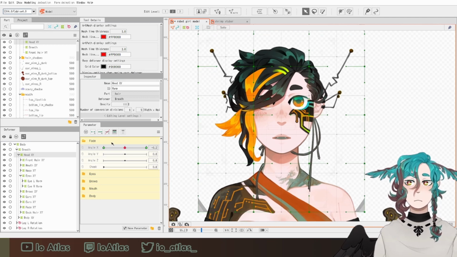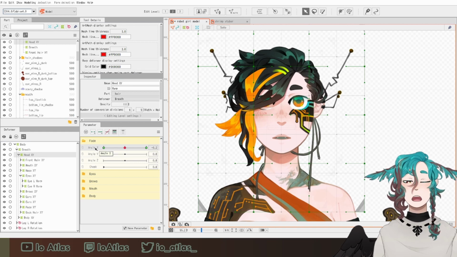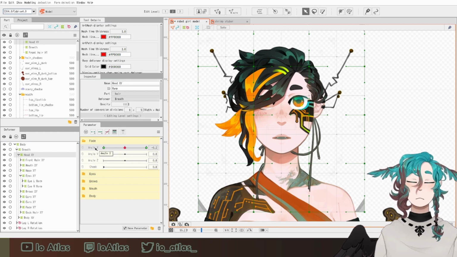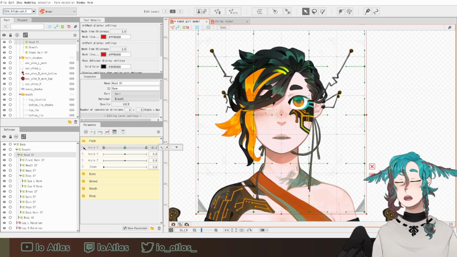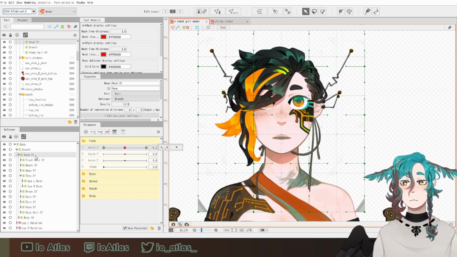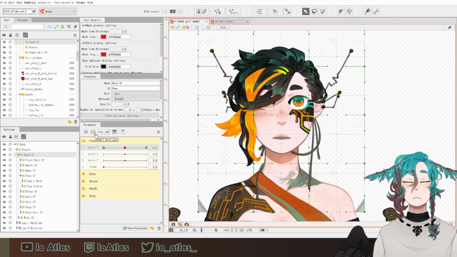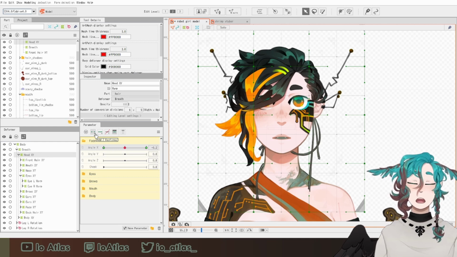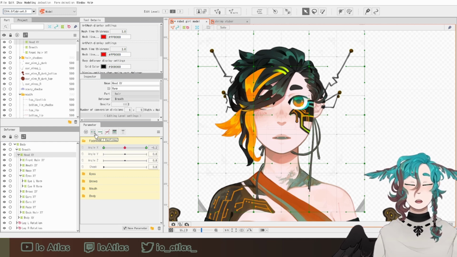So you'll have, say, for something like the angle X of the head, the middle movement, which is looking forward, and then one looking to the side, and then one looking to the other side. So you will select the object that you would like to add to the parameter, and then hit the Add Keyforms button. You can either add 3 keyforms or 2 keyforms. 2 keyforms will be most useful in something like the eye blinking or the mouth open and close, where it is just a 0 to 1 sort of